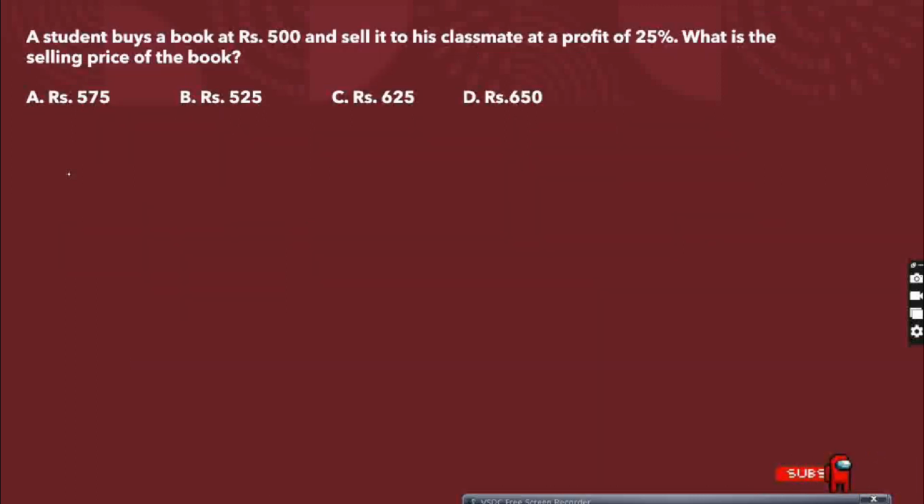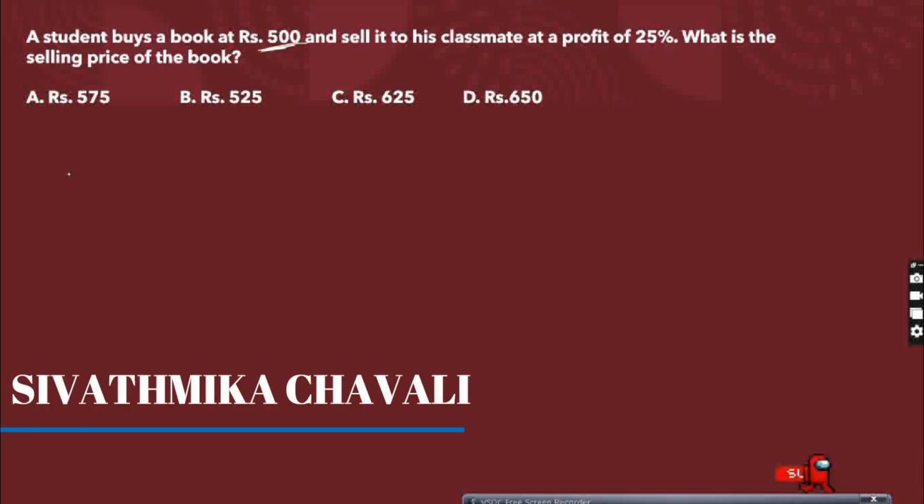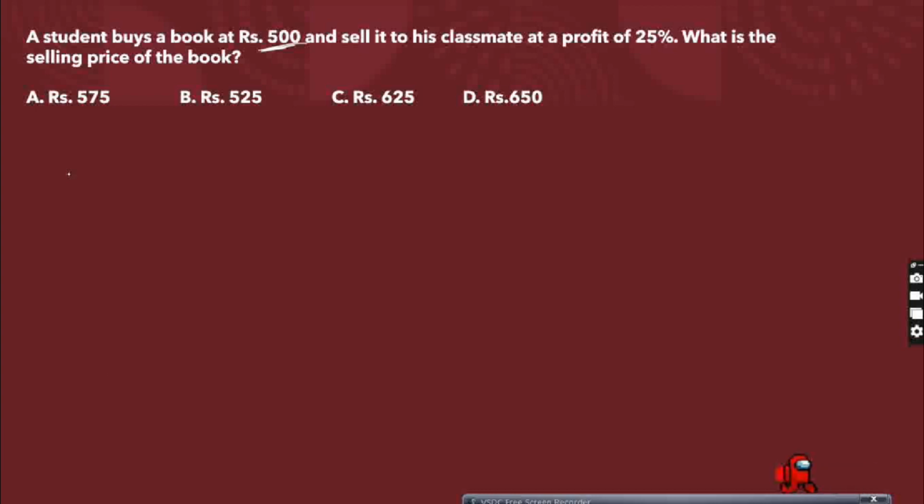Next one. A student buys a book at rupees 500 and sells it to his classmate at a profit of 25%. What is the selling price of the book? In this question, they are asking the selling price of the book. They have given the cost price. Buys a book in the sense cost price. And they have given the profit percentage as